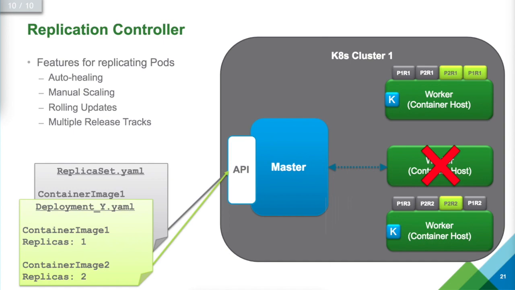In this case, the controller manager understands that 2 replicas of pod 1 are missing in addition to 1 replica of pod 2. A repair measure is triggered and the scheduler component is asked to schedule the missing pod onto available remaining worker nodes. At the end of the operation, we have back